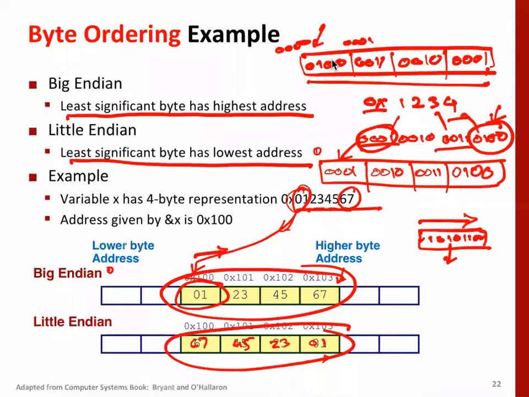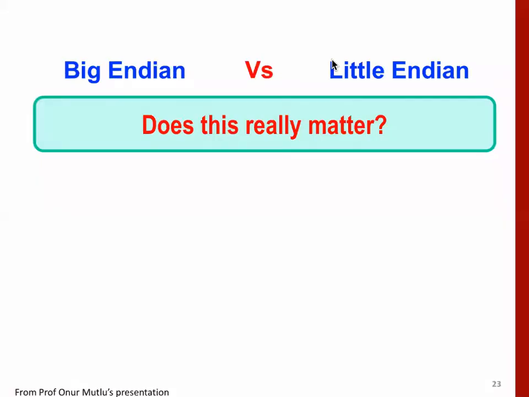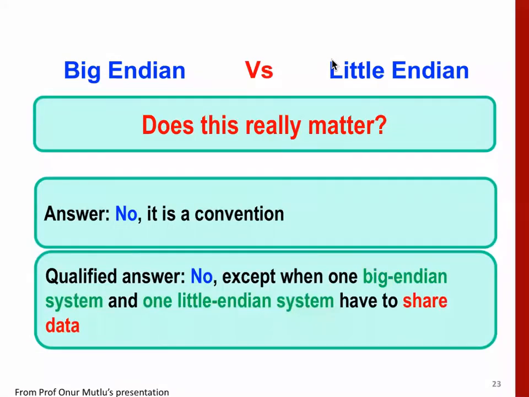Now, one question you can think of is what is done on the internet, because it connects various machines. When machines exchange data with each other, the data conversion has to happen. A little endian machine converting to a big endian machine, the data conversion has to happen. But to answer your question, it is a choice of different companies, and since there is a solution for changing one to another, nobody is really working towards a single method. But if that were so, it would be best. So this exactly answers the question. It's just a convention.